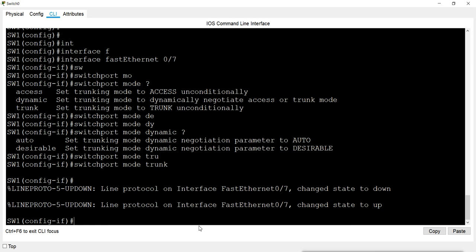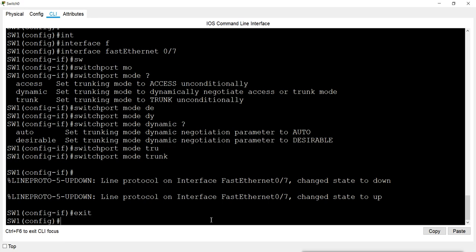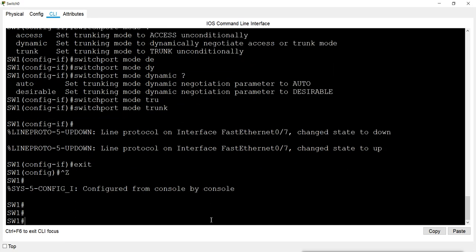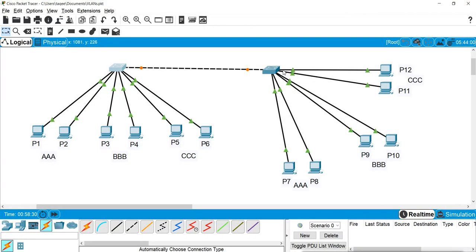Now when I change this, the port goes down and up again, but it is still not doing anything. I have to check the other port on the other switch. I have to convert the port of the other switch to trunk as well.